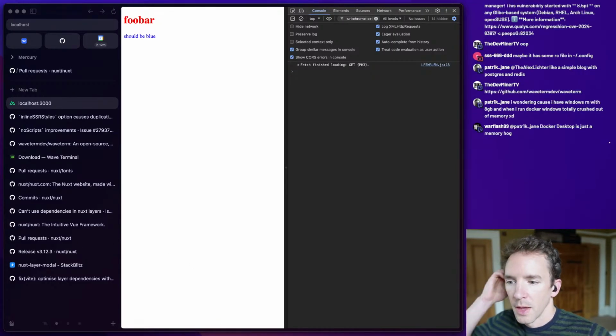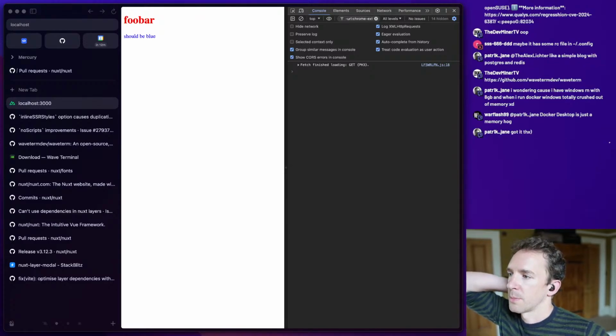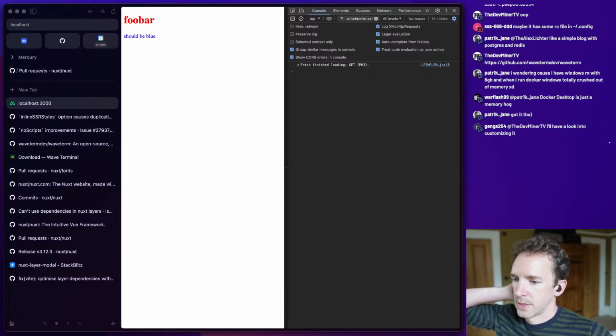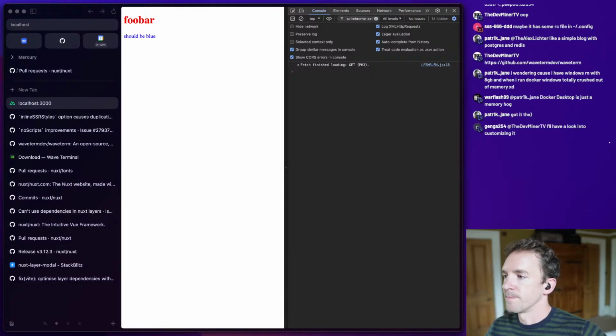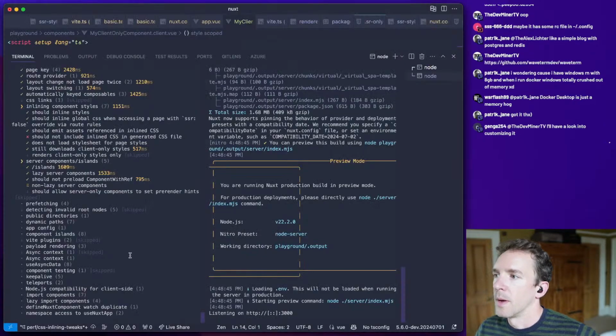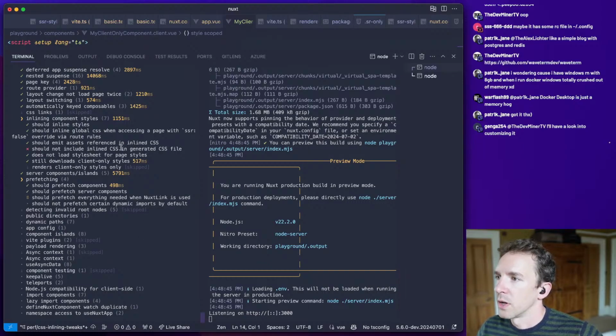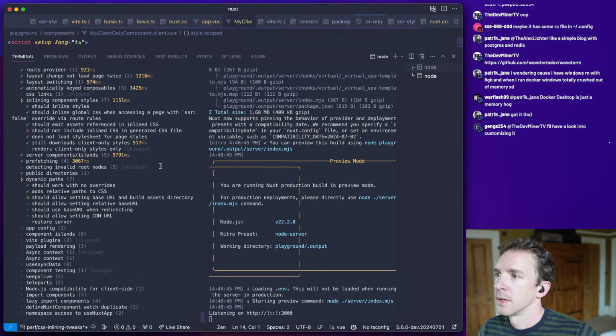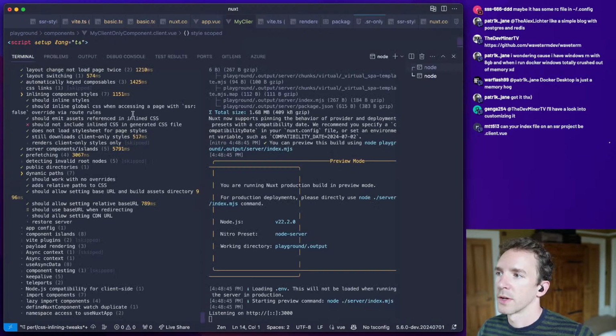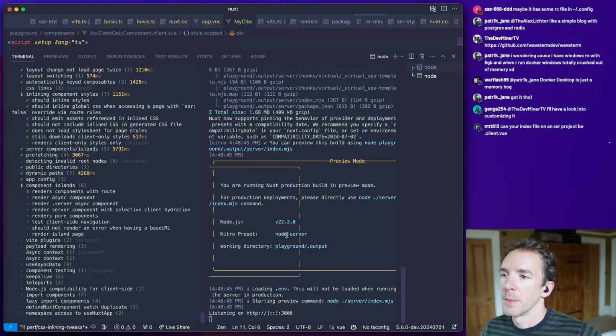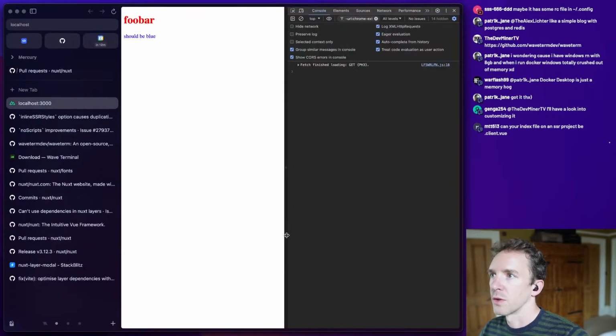There we go. I'm just taking a look at a performance issue with inline styles, and it looks cool. Okay, should not include inline CSS. Interesting. So we'll have to look at that in a second. Here we should just confirm, yep, that is fine.